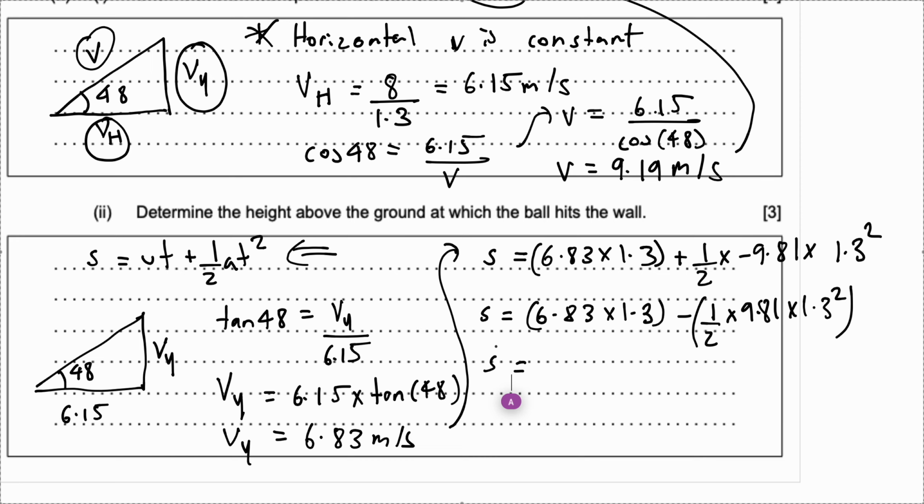Let's put this in our calculator and find out. 6.83 times 1.3 minus half times 9.81 times 1.3, the whole squared. Okay, so we get something like